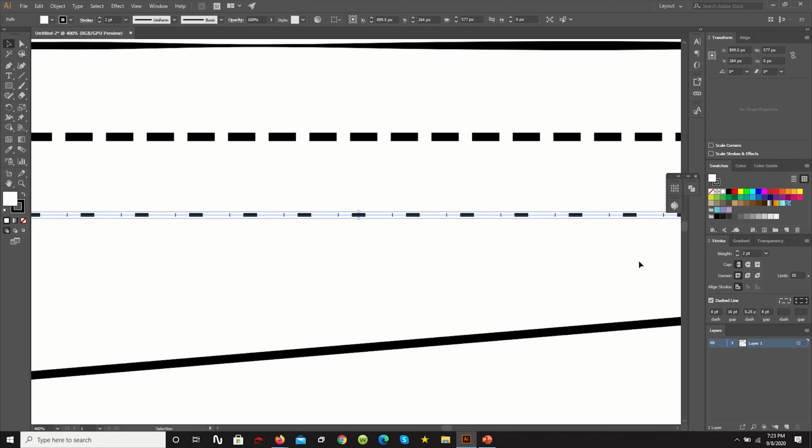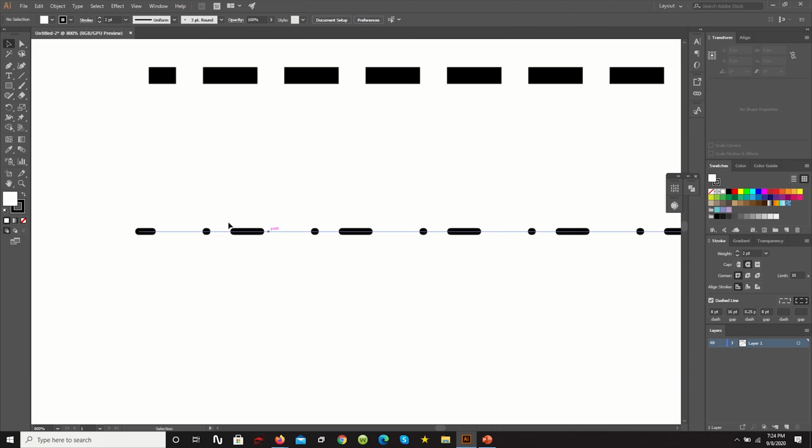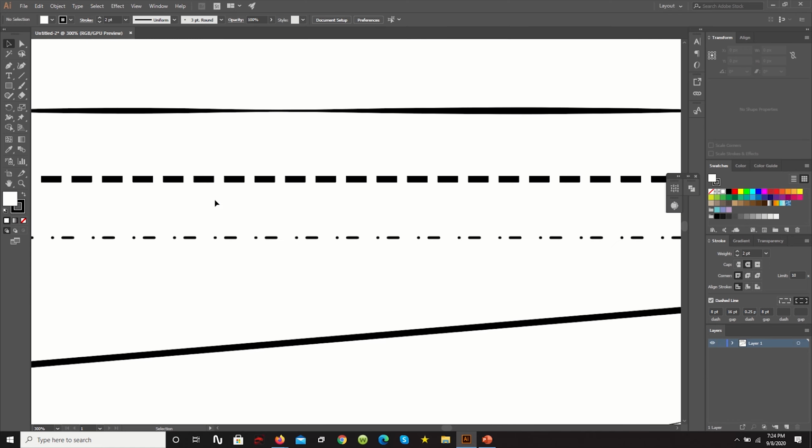And let's say I want to change the edges of these lines. If you go here, you're under the stroke panel, and under weight, you look at the cap option, you could change the cap to round. Now we have a dash dot dash dot dash dot configuration. And there's many configurations that you can make similarly, and you can also begin to alter these corners as well too. And actually another interesting one that I really like